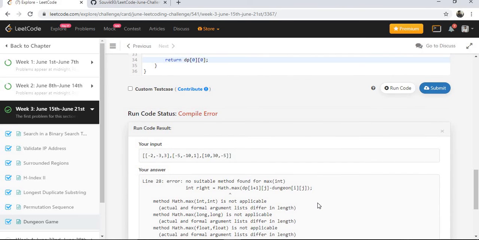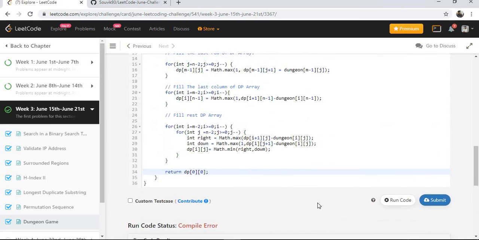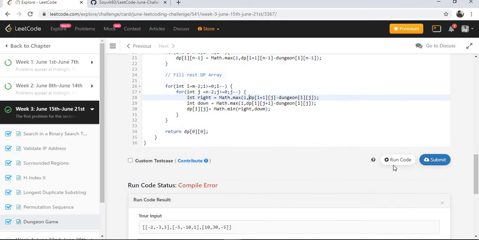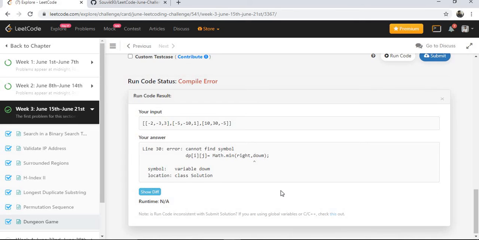It's showing some error. Math.max should take 2 values, either 1 or the calculated value.